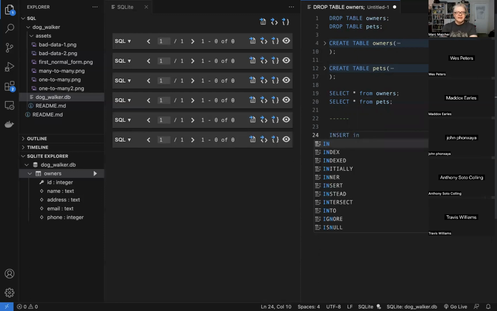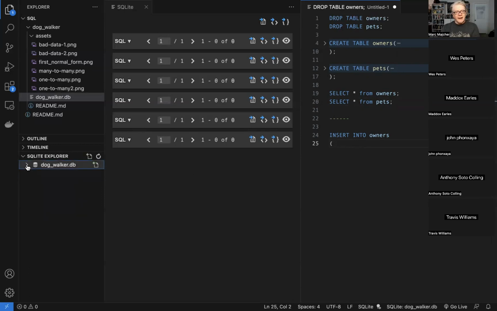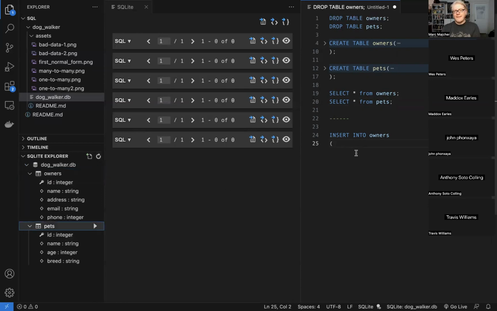So the syntax is a little backwards. Instead of saying we're going to insert something into owners, we're going to say we're going to insert into owners, and then we're going to give it two things. Oh, and white space doesn't matter in SQL, which is why you need the semicolon there. So we can put stuff on different lines to make it look nicer. So what do we have in owners here? What do we have in pets? Oh, let's refresh that. That's what it was. Cool. So we have owners and pets.